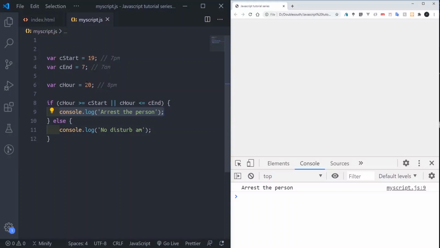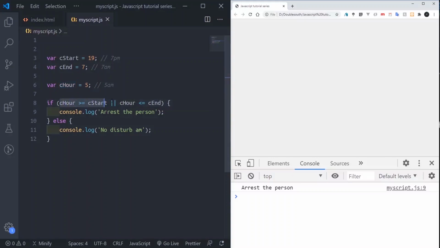But you see, maybe the time goes to 5 o'clock in the morning. There are people, like those who exercise, who just come outside early in the morning because they want to jog. Tell them not to jog at that time because we will arrest them. So 5 o'clock early morning, I put 5 a.m. What will happen? You can check: this 5 is not greater than 19, so this one is false.